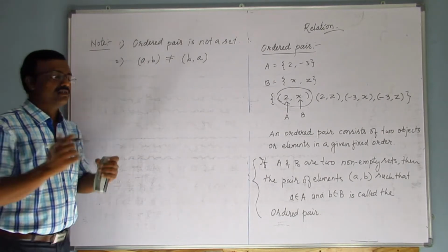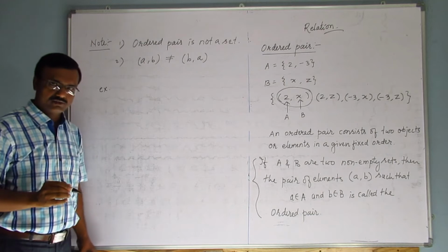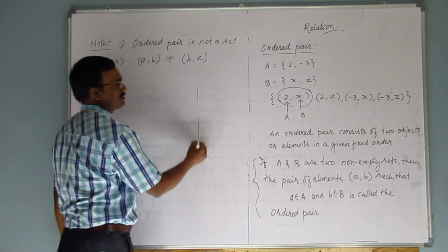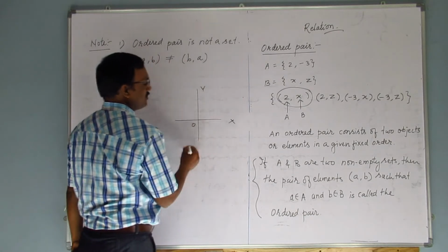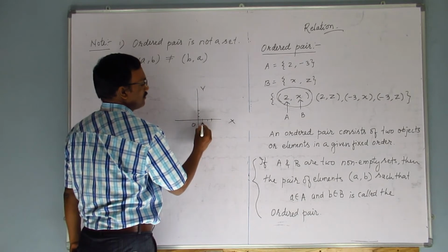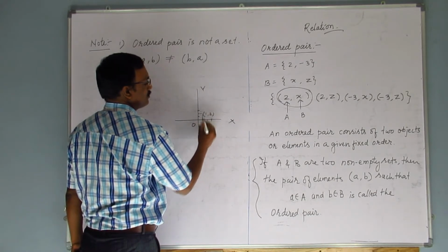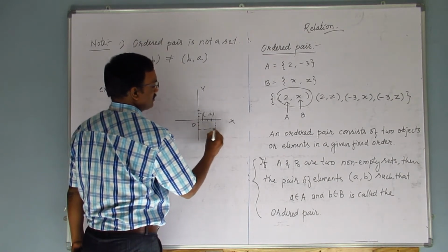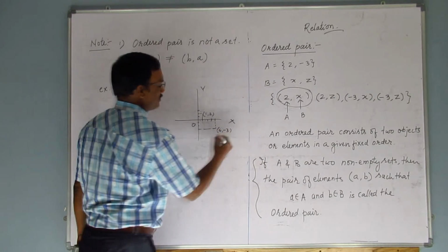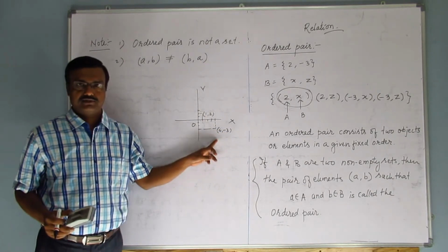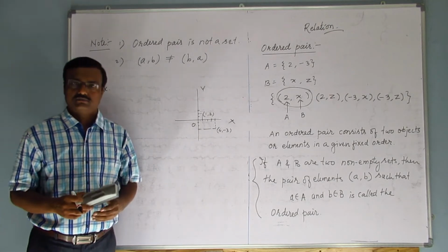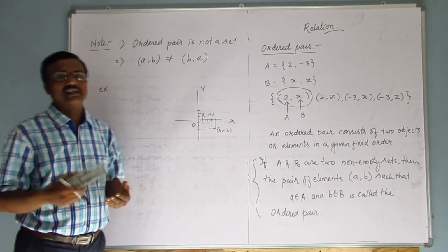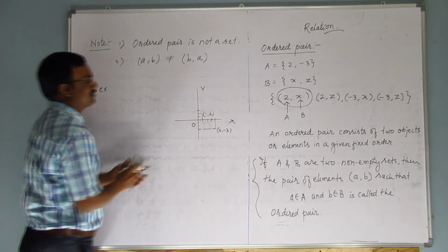Okay. Now let us see the examples of ordered pair, students. If we consider the points in a two-dimensional plane, so this is our two-dimensional plane, this is the origin. So if we choose these points, this is 1 and this is 2, so this is (1, 2). Okay, 1, 2, 3, 4. This is 4 and this is minus 3, so this is (4, -3). So these are also ordered pairs. Okay, so the coordinates of points in the xy plane, or two-dimensional plane, or coordinate plane, are examples of ordered pairs. Okay, so I can write it here.